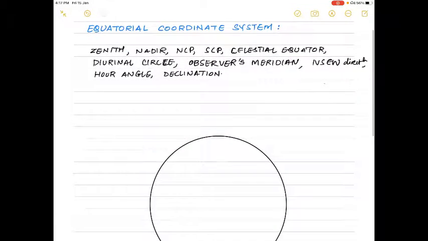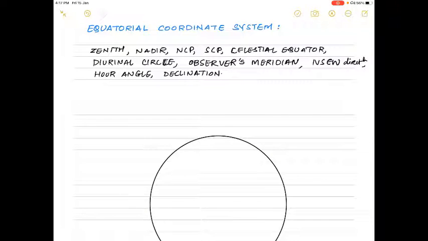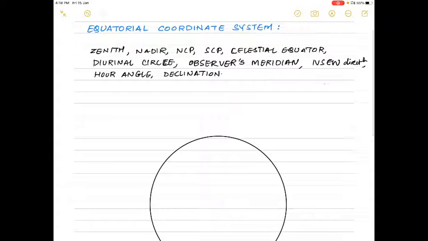In the last lecture we started with positional astronomy. In that we are studying the different astronomical coordinate systems which are used to locate stars or celestial objects from the surface of Earth. Amongst that, we have seen the first astronomical coordinate system, the horizon coordinate system. In the horizon coordinate system, to locate a star on the celestial sphere from the surface of Earth, we need only two angles. One is called altitude and the second one is azimuth. If you know these two angles, you can find the position of the star. You can locate the star in the sky.